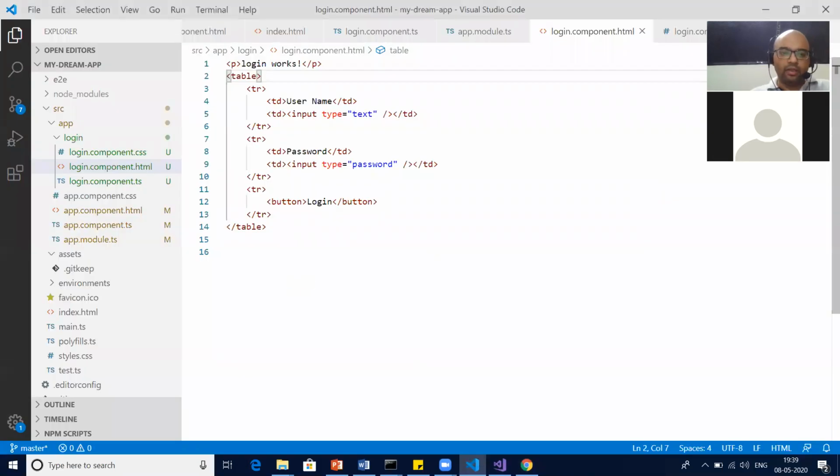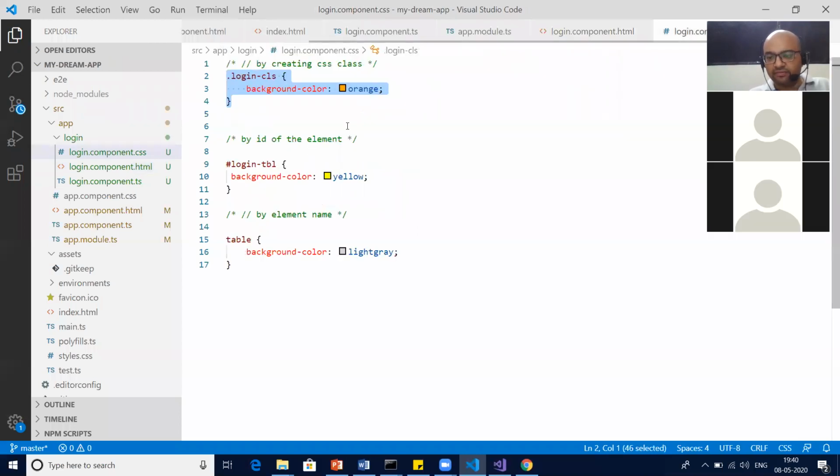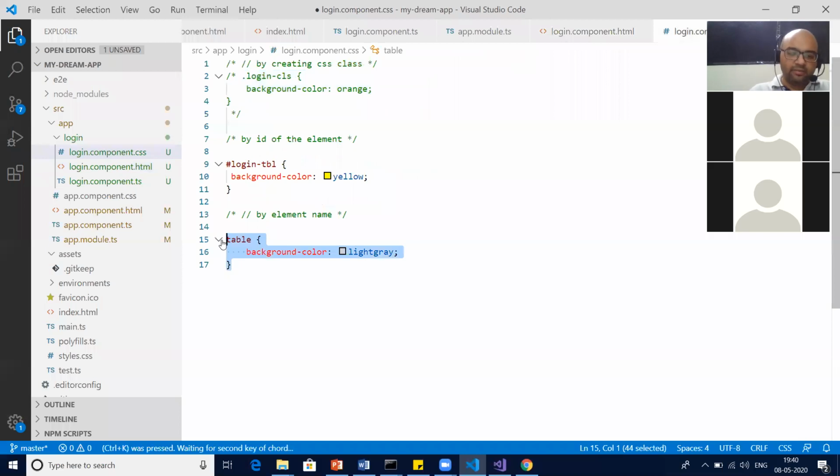Okay, so all good. Now what we do is leave the ID part. Let's put a class, because ID is precise. Or, since we are talking about login only, we can put an ID, because we're not talking about the group. We're talking specifically about the login form. So yes, we can give the ID. The best way would be ID, and ID is faster also. So I'm commenting out the class and the table style, right?